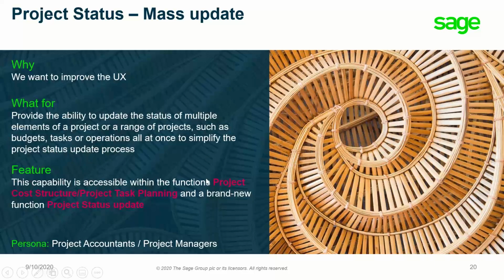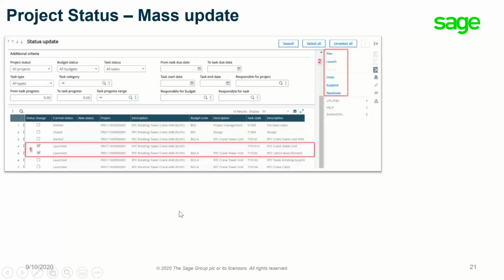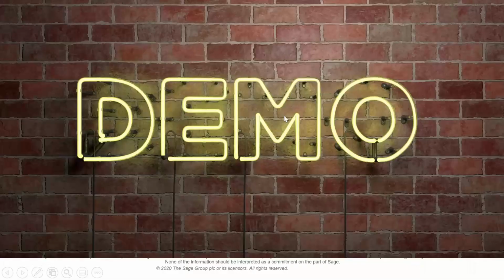And we have delivered this new capability within the project cost structure or project task planning in the project management function. And also we have delivered a brand new function, which is project status update. Okay, so these are some screenshots, but I prefer to go back to